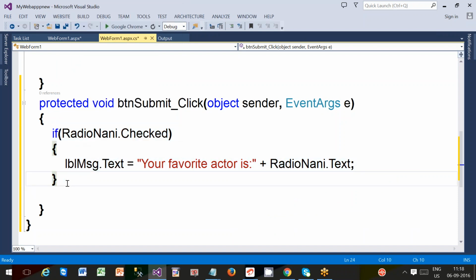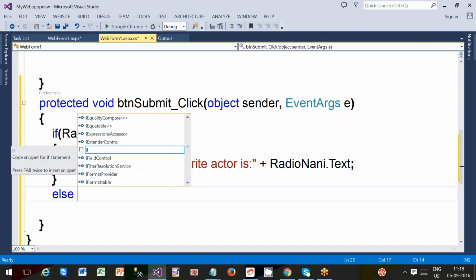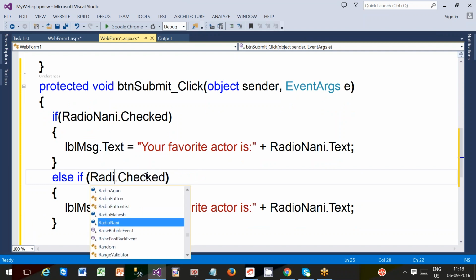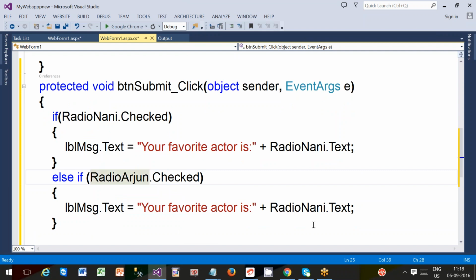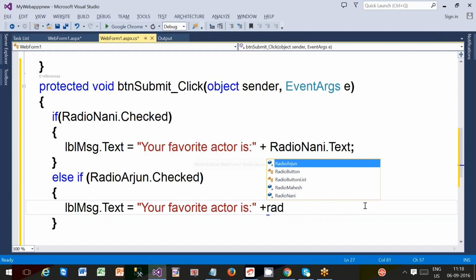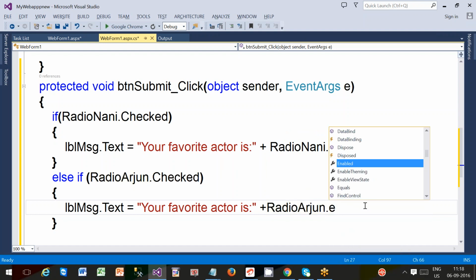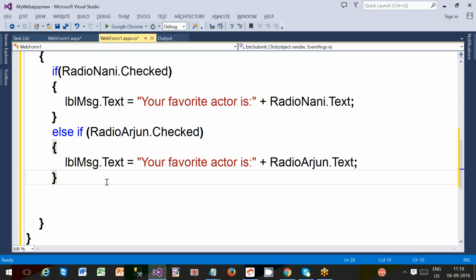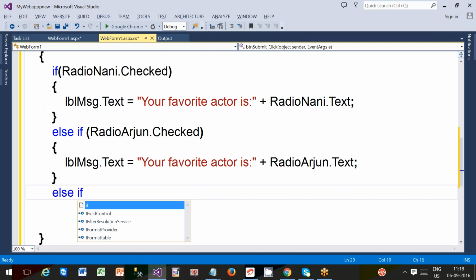You can write else if, but this time not radio Nani, radio Arjun dot checked, and here radio Arjun dot text. Right, next else if